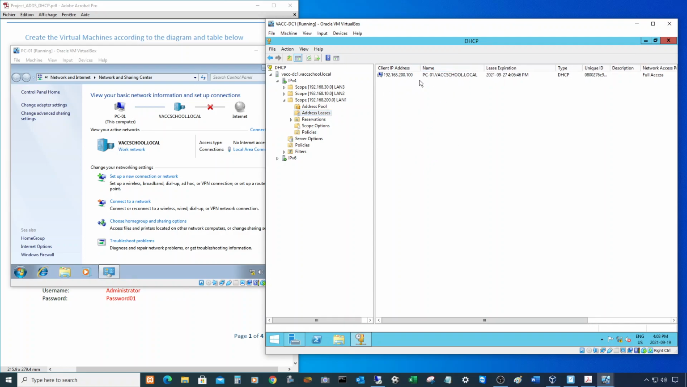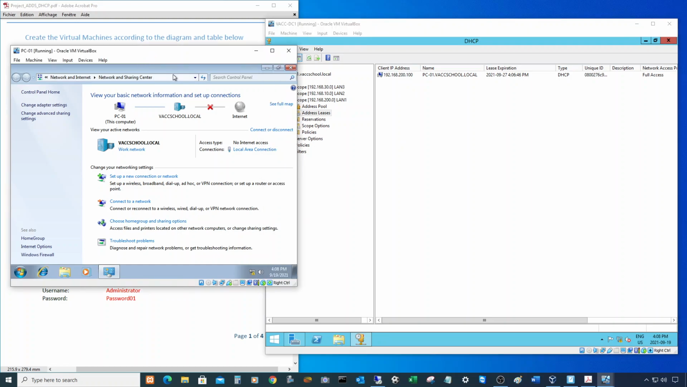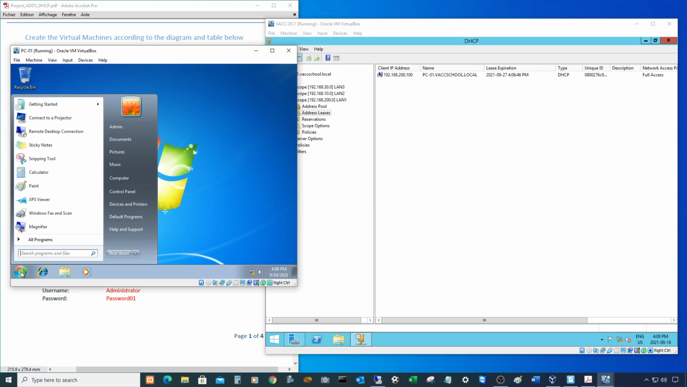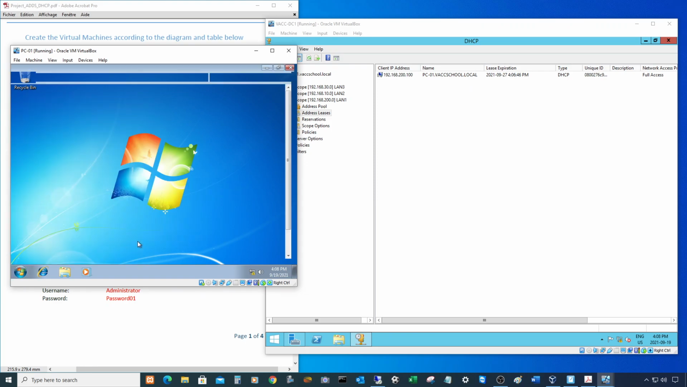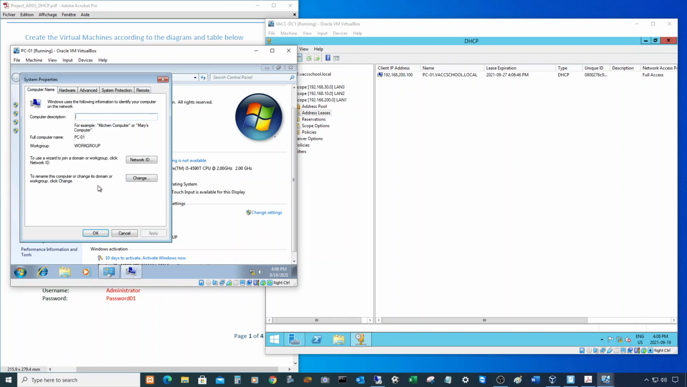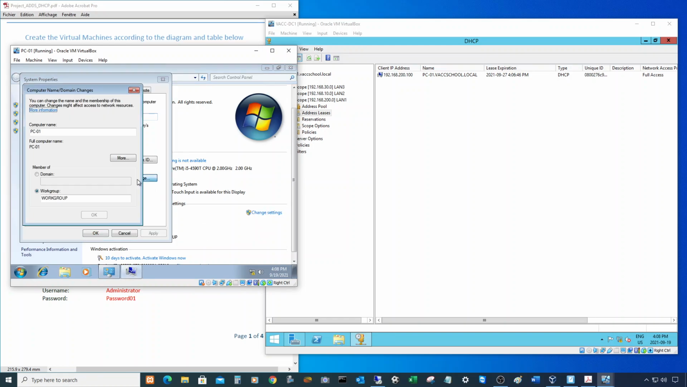an IP address. Okay. If I need to join this computer to the domain, what we need to do is right click on the computer and go to properties, and here we need to change the setting to join the domain instead of the work group. So I will click on change settings. Here I will click on change, and instead of clicking on work group, I will go on the domain. I will type VAC